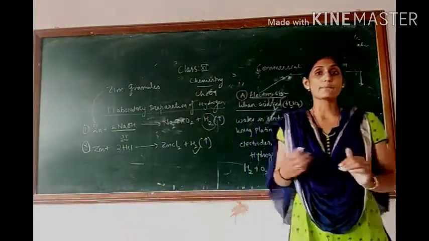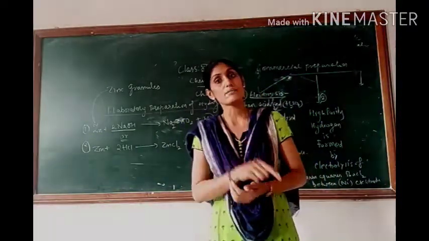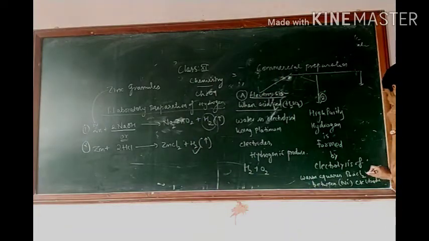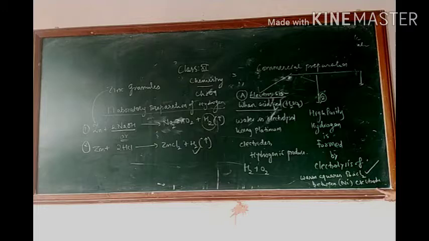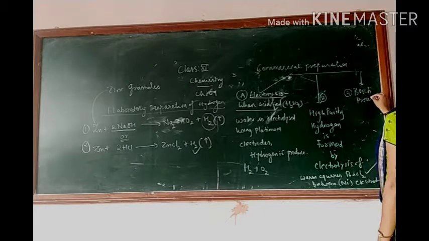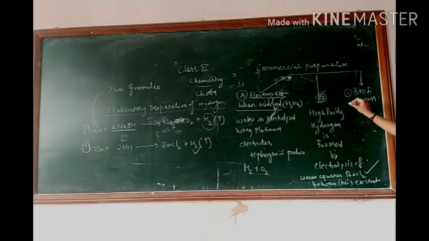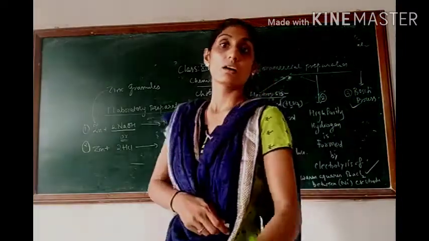Secondly, if we want high purity, 99.9% hydrogen, then again we use electrolysis of barium chloride solution, aqueous barium chloride solution, between nickel electrodes. Here is the platinum electrode, here is the nickel electrode. So these are the two commercial processes. Third is the Voss process that we will learn later on. If you want to copy this, then just move to that particular process, by which we use syngas to produce the hydrogen gas.